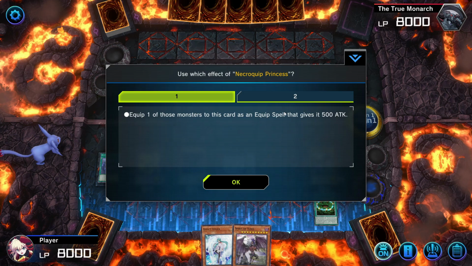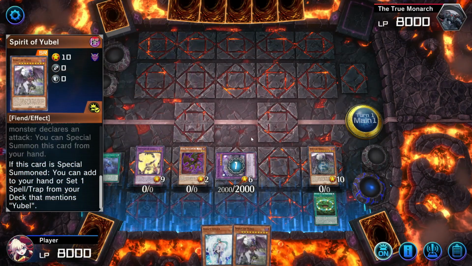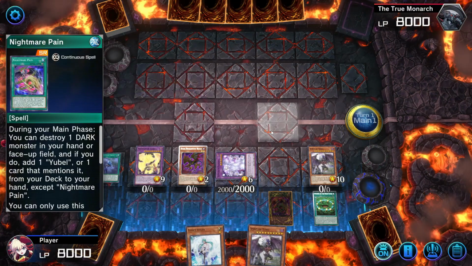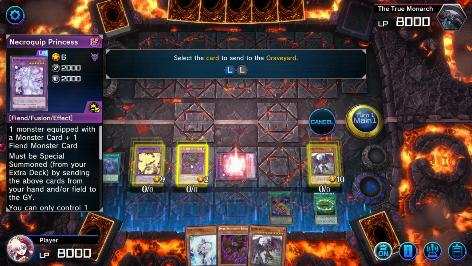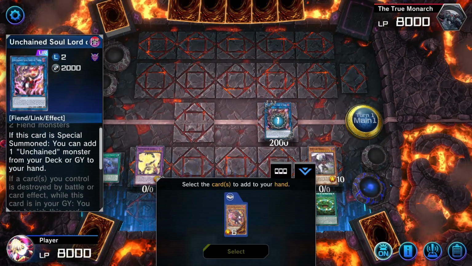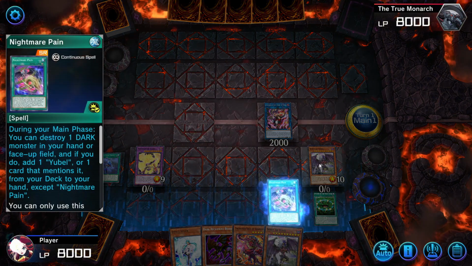So we got Chain Link 1, Necroquip to draw a card, and then Yubel will set Nightmare Pain. So you set that, and then you draw an additional card. Okay. Here you can go into Yama with Necroquip and Dark Beckoning to add Shavara. And now you can go Yubel combo with Pain. So Pain, pop the Yubel,